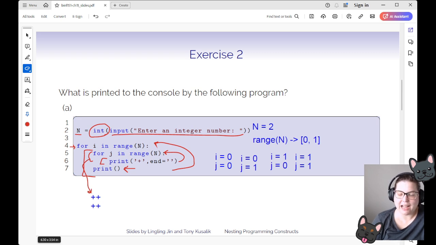So it was telling us how many times we would see that thing that we're printing in a specific row. And the outer for loop was controlling how many rows that we have. So oftentimes when we have nested loops like this, instead of using I and J, we'll often use